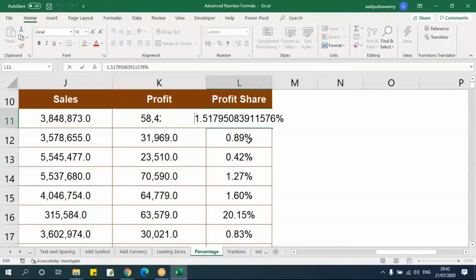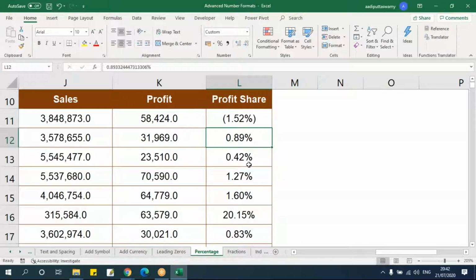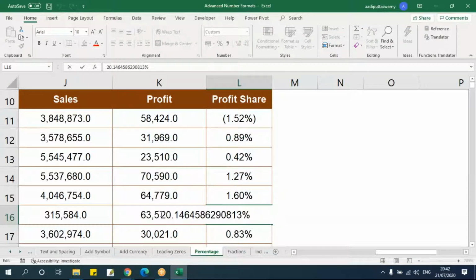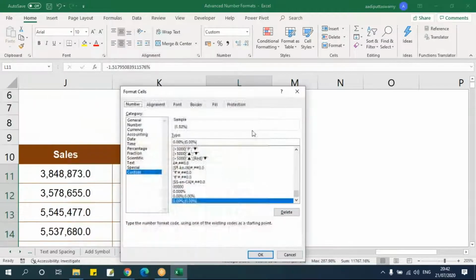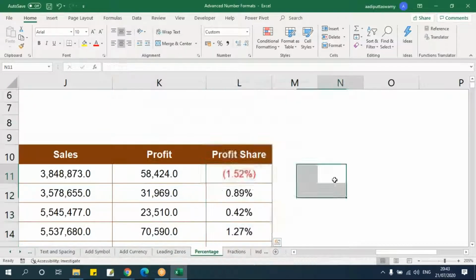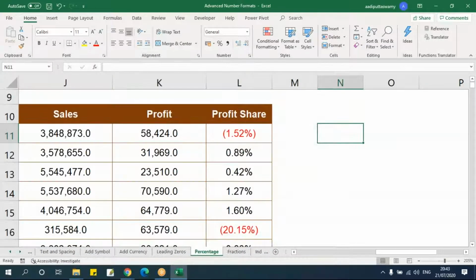Let's put one negative symbol. See, this is for negative. It is giving me a bracket here like this. Let me select this. In this negative I want red. I'll say red. Say okay. So wherever it is negative, I'll get this red color.